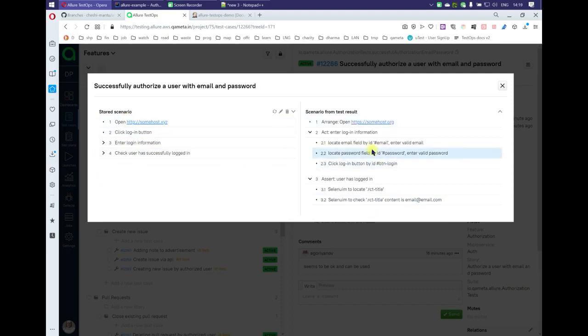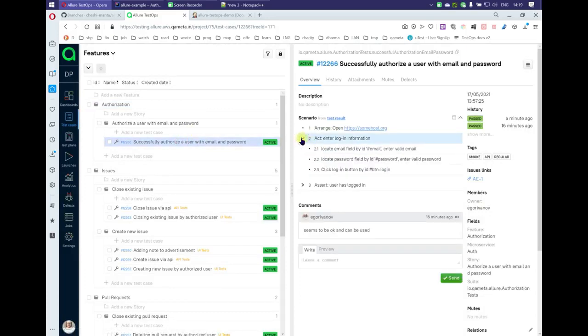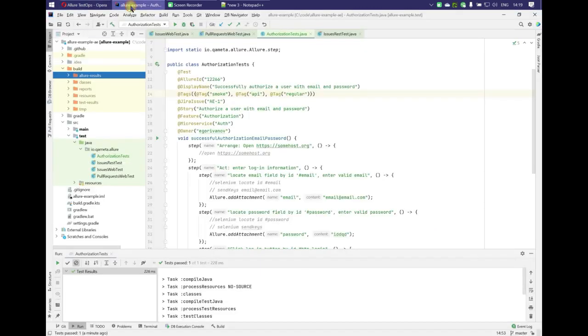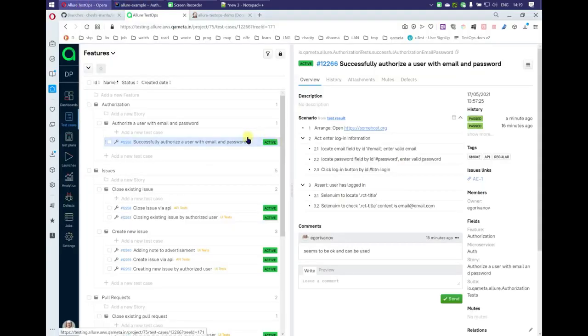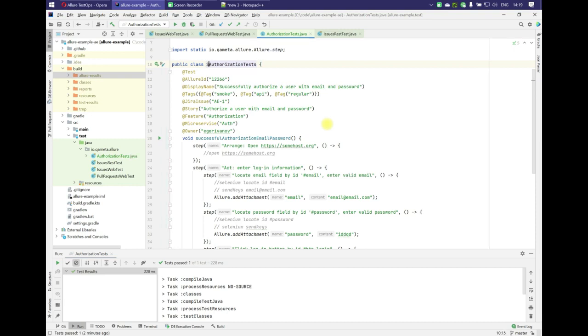If everything is alright, then we just delete the stored information, and the test case will become fully automated with the automated steps from the steps that we provided in our code. The ID of the test will remain the same, and everything that was changed here, even if we call it successful,